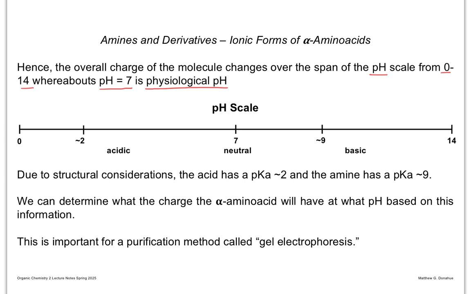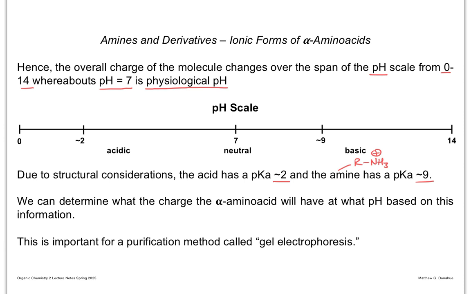So due to the different structural considerations, the acid pKa is around 2, and the ammonium is around 9. So remember that this is the protonated amine. We can determine what the charge of the alpha amino acid will be at what pH based on this information. The reason that's important is when we're making increasingly long peptide chains, and remember a peptide is just a polymer of amino acids,